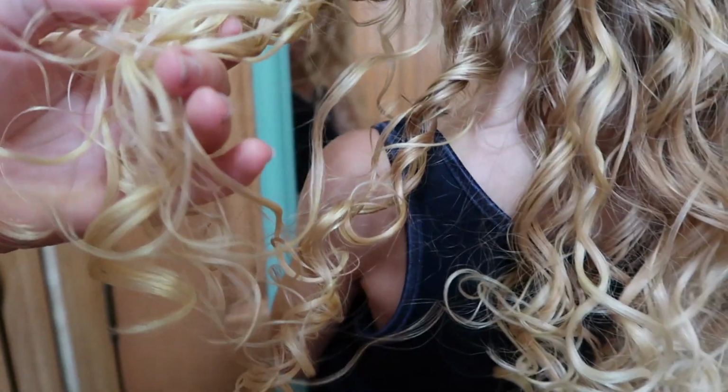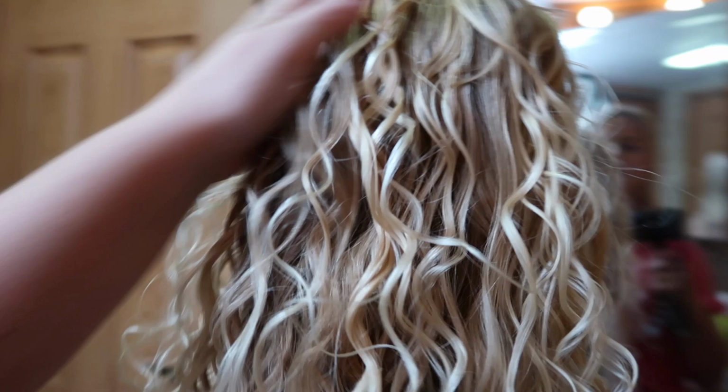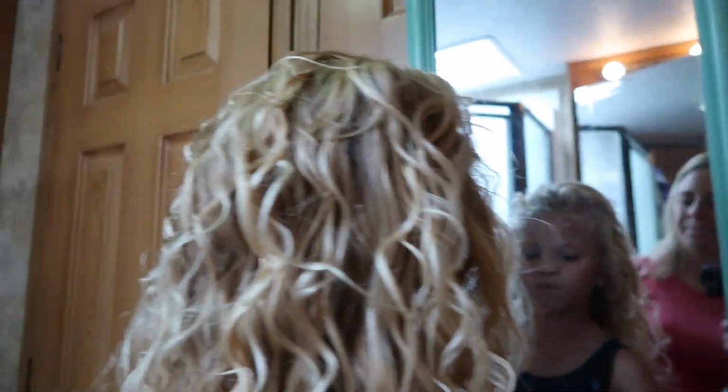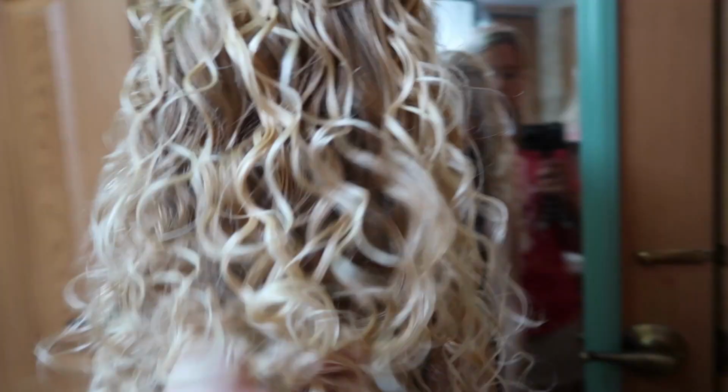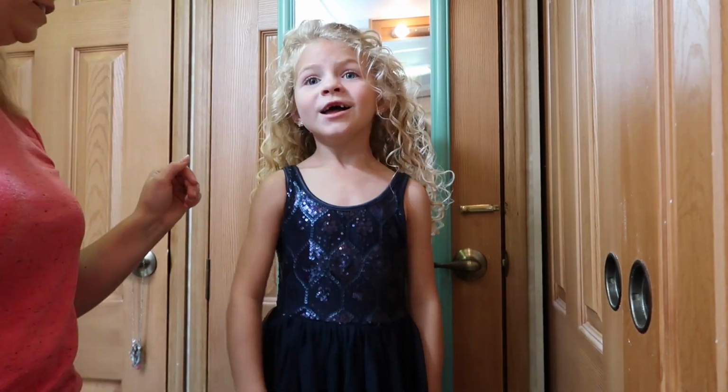See them little ringlets? But yes, I am obsessed and in love with her hair. This routine never fails. There's never been a bad hair day as long as we follow this routine. It works great. This is the best routine ever. Yep. So now that her crunch is scrunched out,